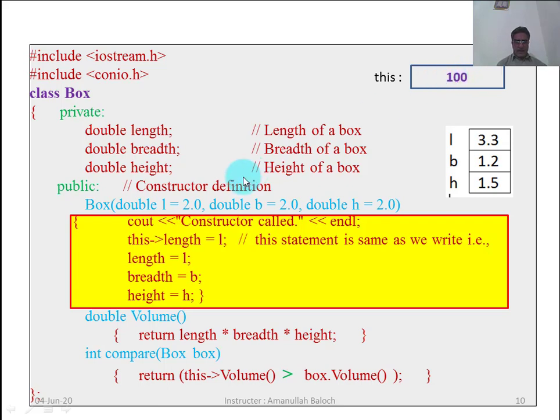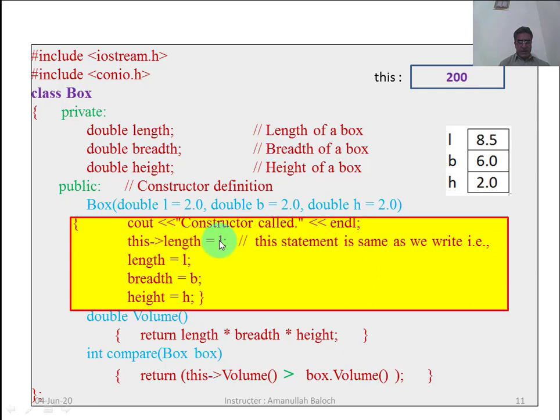Length will have the value of L. The value of L is 3.3, and it will be stored at the location of length.